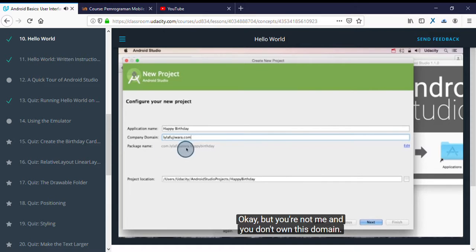Okay, but you're not me and you don't own this domain. And since we're all practicing together and I want us all to have sort of the same setup for this app, I'm going to change this to android.example.com. And you should go ahead and use the same company domain name